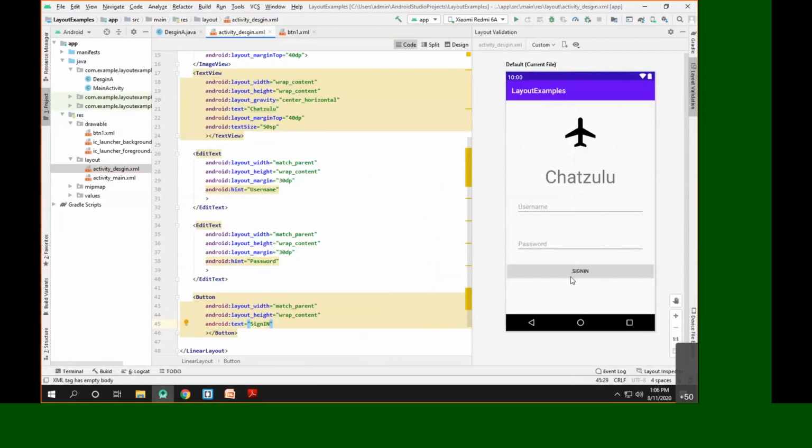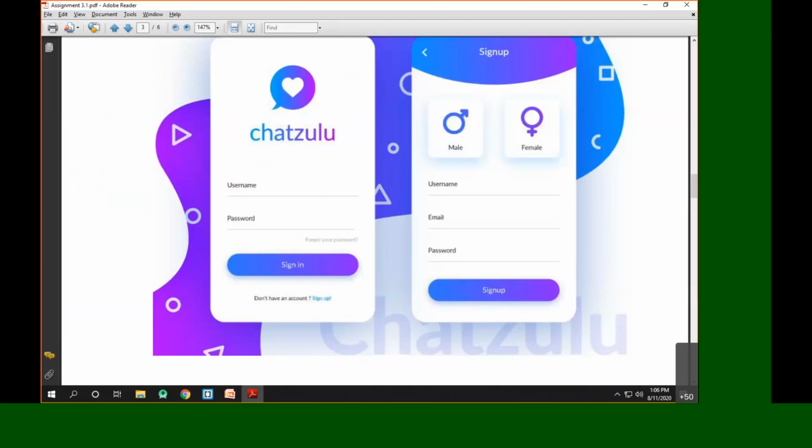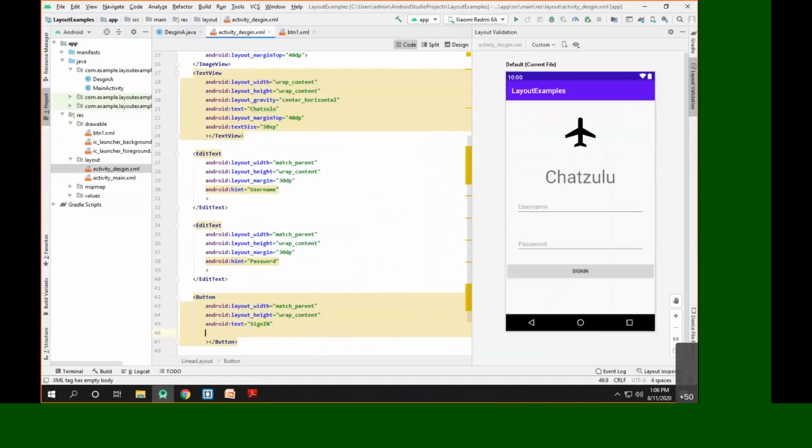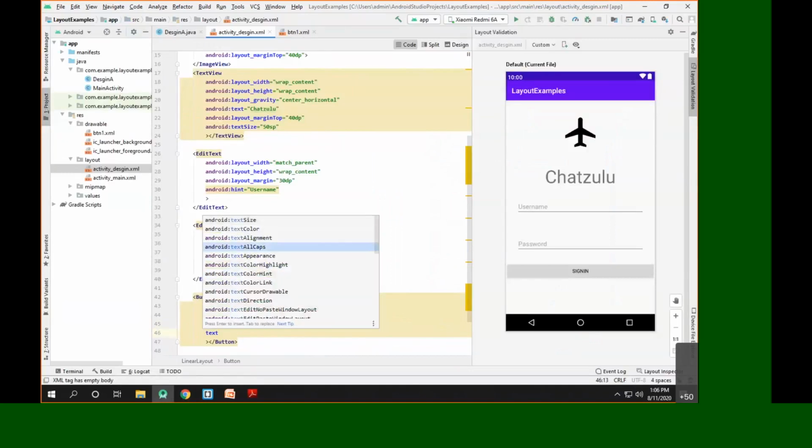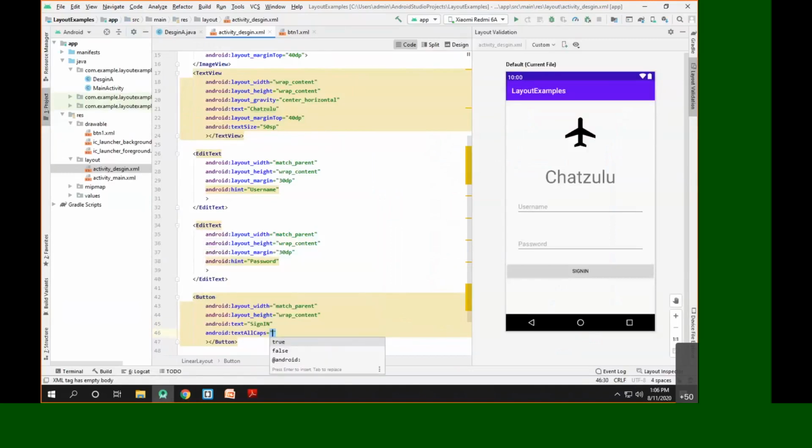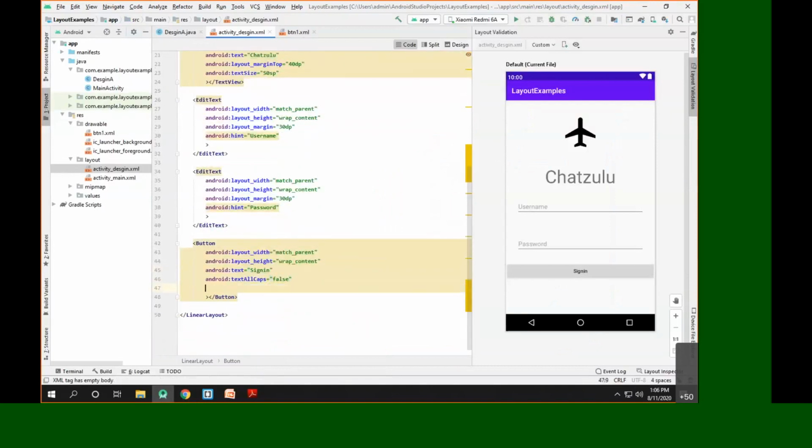Now by default the sign in all letters are shown capital. Now here we want S as capital. So what we can have here is the text all caps property. Now text all caps property will be set to false, and once we do that, you can see we'll have only S as capital.